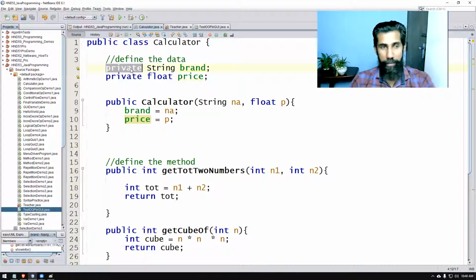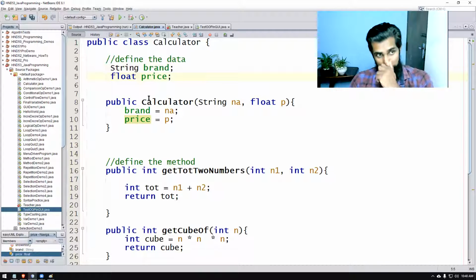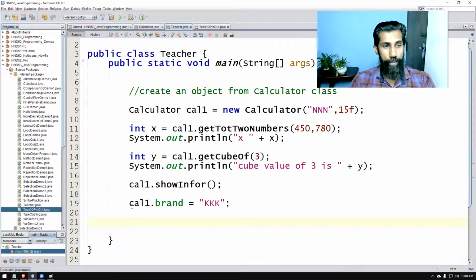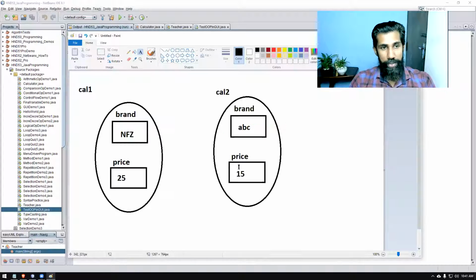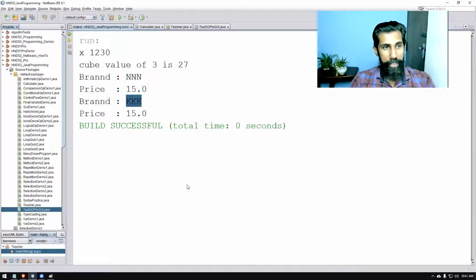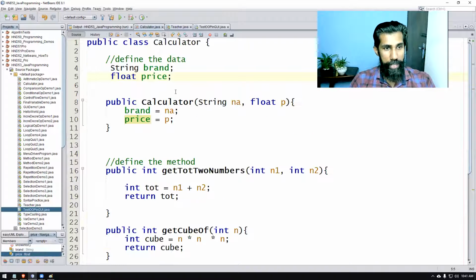If you do not have the private, and you just define them outside your methods inside your program, now you can see this is possible. You can change that. So the second time when you call the show info, it will give you the value that I changed earlier. Actually the name is NNN, now it has changed to KKK. That's possible because I am letting it happen, right? So it's a mistake that we are doing.